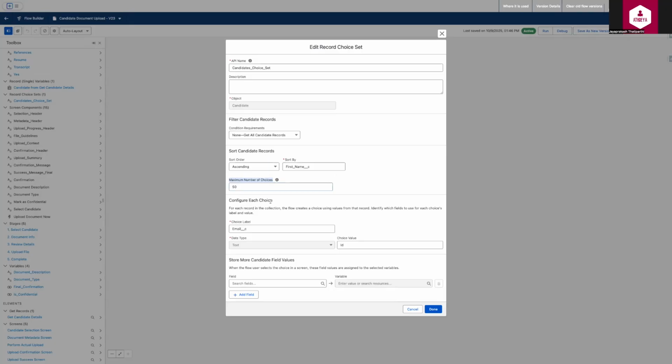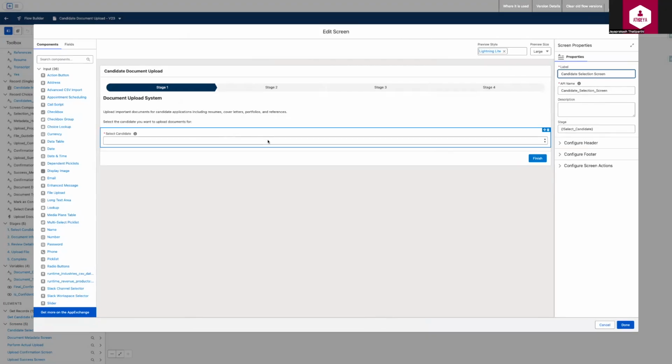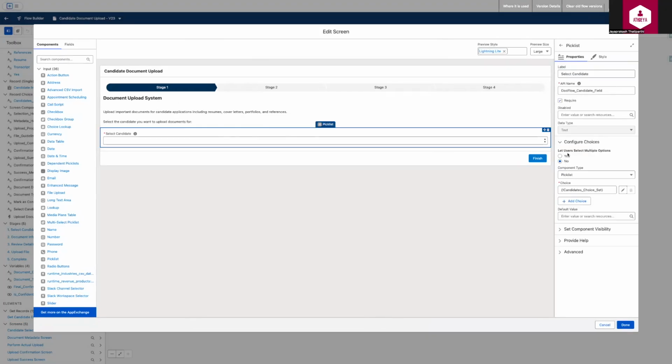So what should be the label of the choice? In this case, I'm displaying the email IDs of the candidates, and internally it's going to store the ID of the respective candidate. That's why it is called a record choice set, because it works with records. Once the record is selected from the select candidate drop down, which allows one value to be selected because multiple is set to no here, when the user selects one value, for that record, the underlying ID will be available in